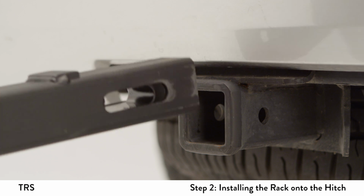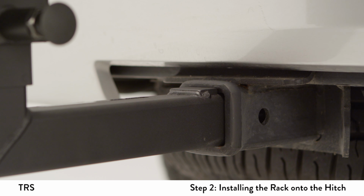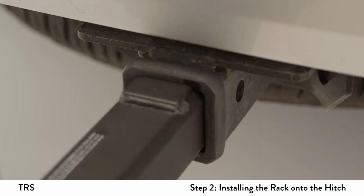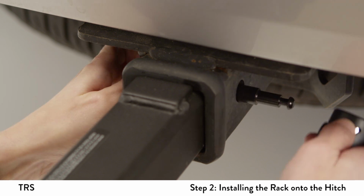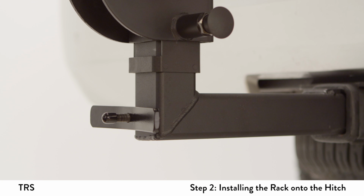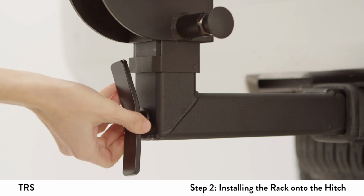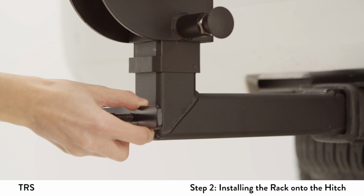For the HR3500, slide the hitch tube into the trailer hitch until it stops. Remove the locking head from the hitch pin and insert it through the hole in the trailer hitch and receiver tube until it passes through the opposite side. Reinstall the locking head. Tighten the front lever until good and snug. The front lever position after tightening should always be pointed to the side to avoid damage when going up or